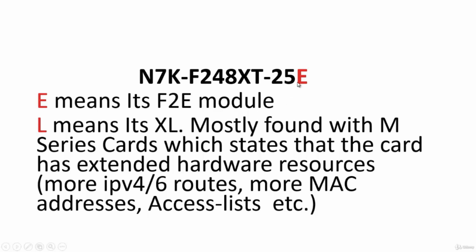I'll take you to the Cisco website. You remember the Cisco site? cisco.com/go/nexus. Check everything. This line card may not be supported in all of the 7K chassis. You need to remember it. I know it is supported right now, but there are many modules which are end of life. So your first generation module may not work in 7018. Just verify using the datasheet. E means F2E. L means extra large. It can handle more V4, V6 routes, more MAC address table entries, access lists, etc.